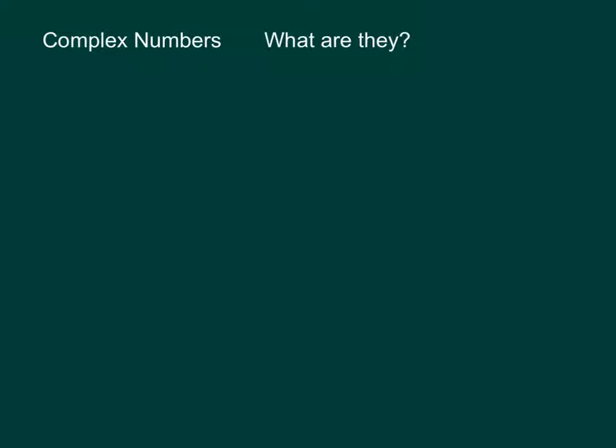Today's video is about complex numbers. So first we need to know what is a complex number, and in order to discuss complex numbers we need to define a new number. The new number that we're going to define is the number i. And you'll notice I put a little loop on my i because I don't want it to look like the number 1. i is defined to be the square root of -1, so that i squared